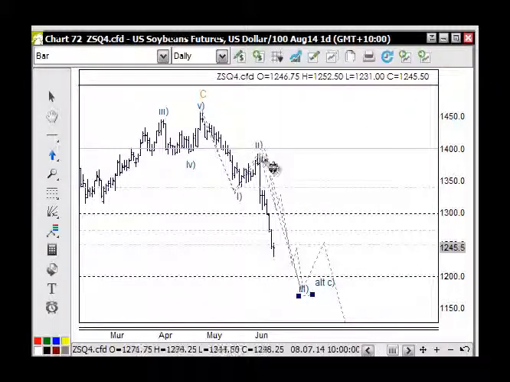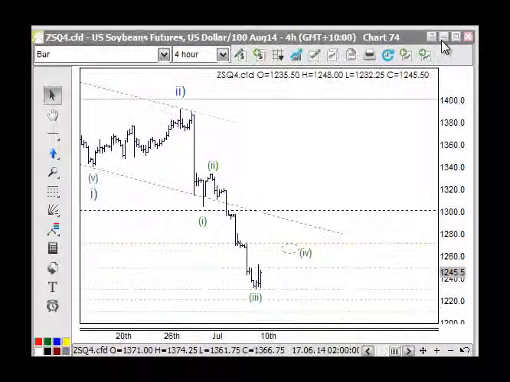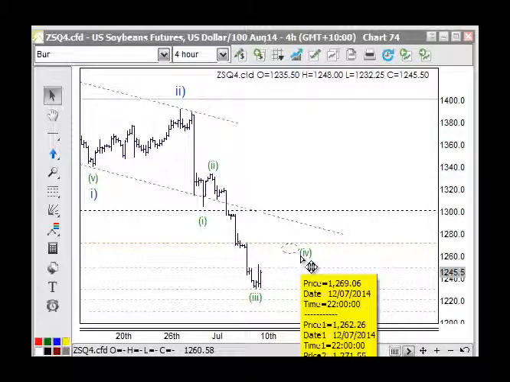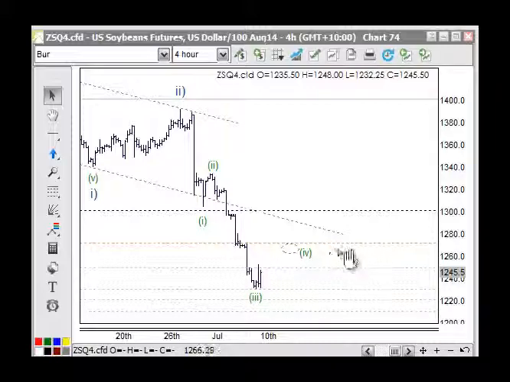Okay, so in this move from 2 down to 3 here, we're looking for 5 waves. We've got wave 1 and 2, and we're looking for the bottom of wave 3 here. Then there'll be wave 4, and then there'll be wave 5. So we're looking for the bottom of wave 3 here, and I think that's in place here. So from wave 2, we've got wave 1, 2, 3. Looking back for wave 4 here, pulling back to the 38.2 retracement level, which is the 1272 area here. And then wave 5 down here to